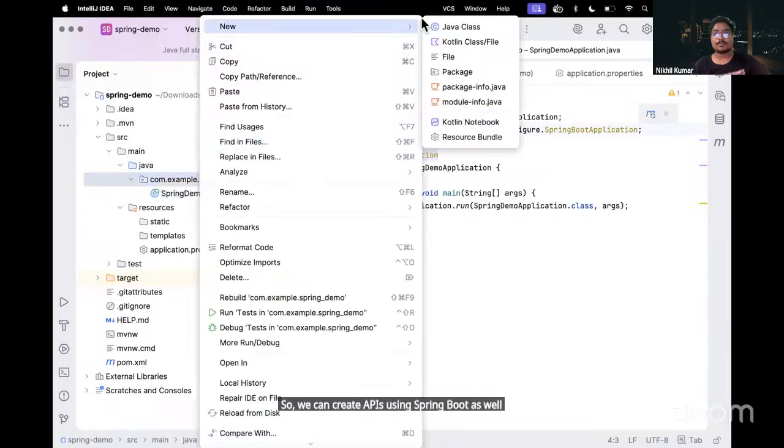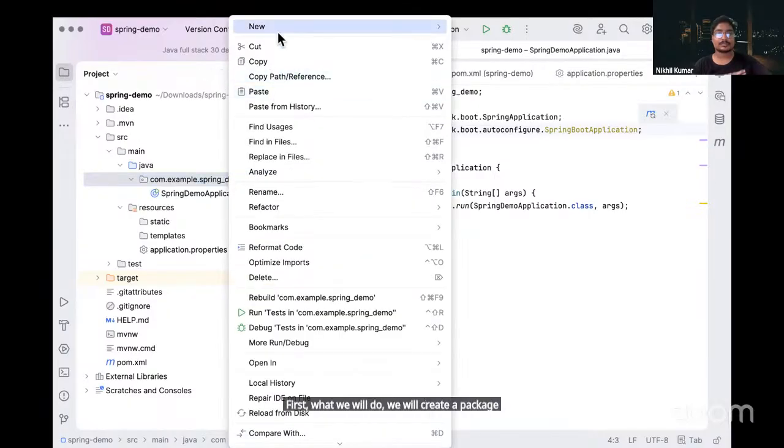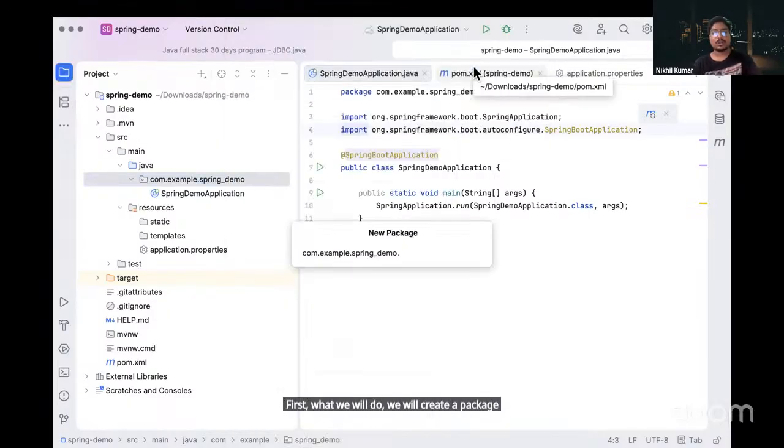How can we create them? First, we will create a package for controllers. What are the controllers?